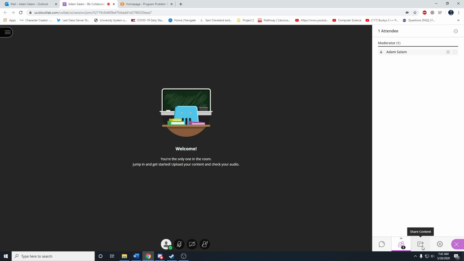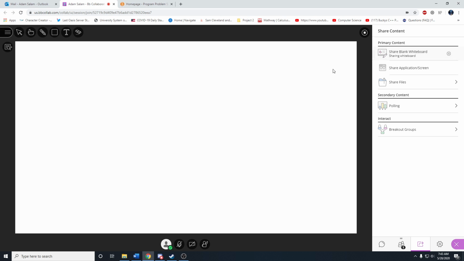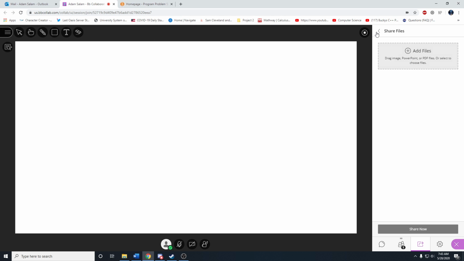They can give you different admin roles so that you're able to do stuff like share your content down here, and you can open up a whiteboard, and you can get the pencil out and draw, you know, stuff like that. You can hit the clear button right here. You can even share your screens, pick which screen you want to share, some files if you want to add them,